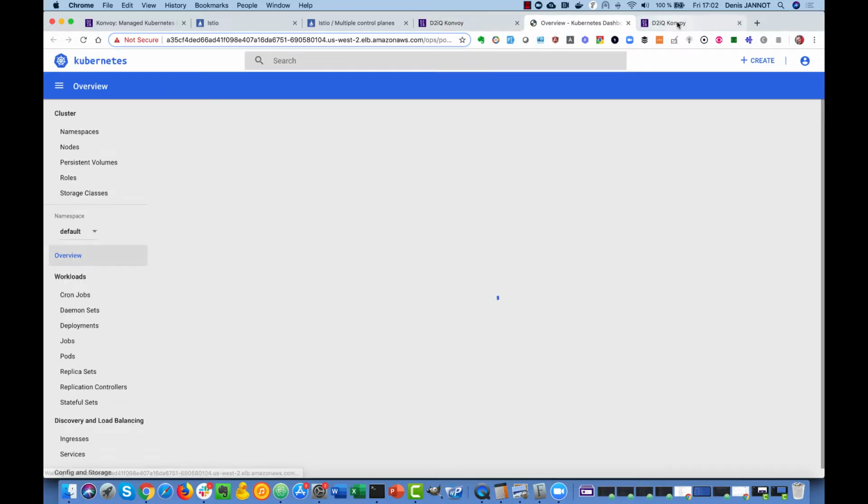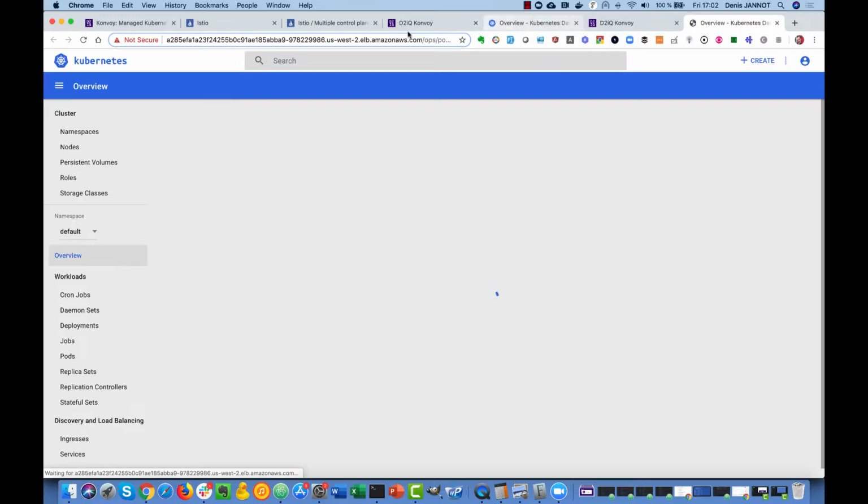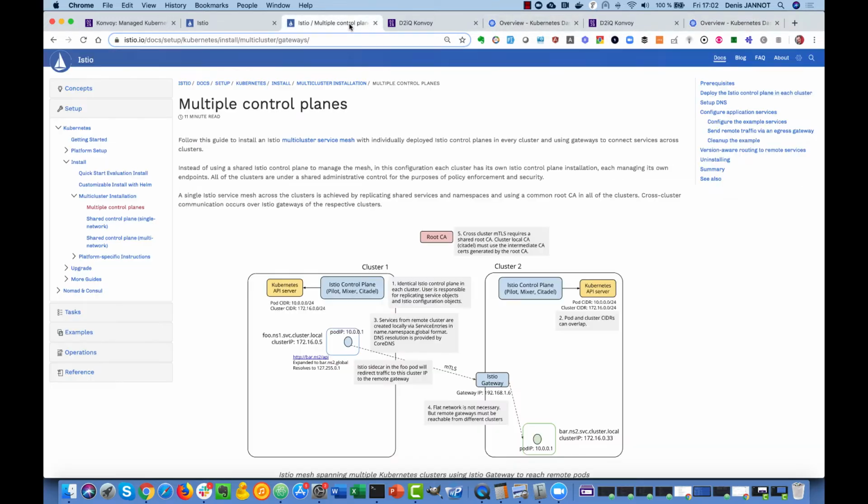We can access the dashboard of each cluster easily from there. You see the version of Kubernetes 1.15.2, and the idea is now to put in place this deployment with Istio on each cluster, one Istio control plane per cluster, and using the gateway to have microservices communicating together.